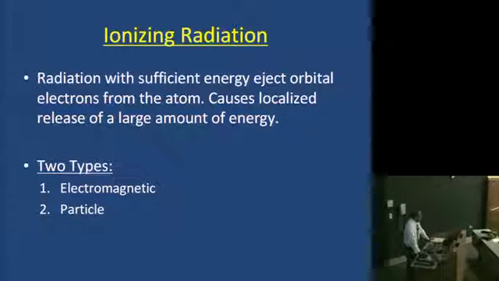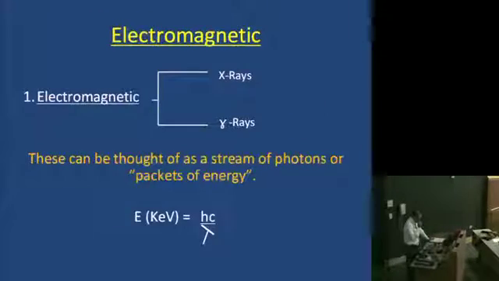Electromagnetic radiation, as you might know, was described by Maxwell as oscillating waves of electric and magnetic fields. There's a range of electromagnetic radiation depending upon the frequency as well as wavelength. Particles are also used for treating cancer, and they can deposit large amounts of energy in patients. Electromagnetic radiations are indirectly ionizing. When a large amount of energy is deposited, you produce secondary electrons through pair production, Compton interaction, or photoelectric interaction.